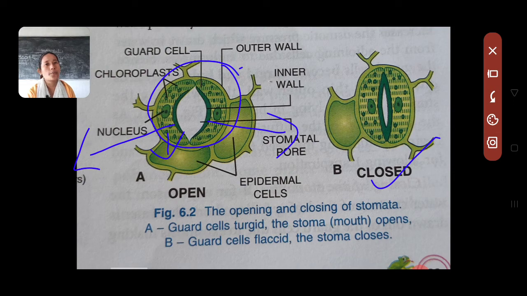Okay, this potassium ion theory is important according to your exam, so you will go through this. Even if you don't understand it, you go through what's given in your book. It's given in very simple language, so you will understand it.